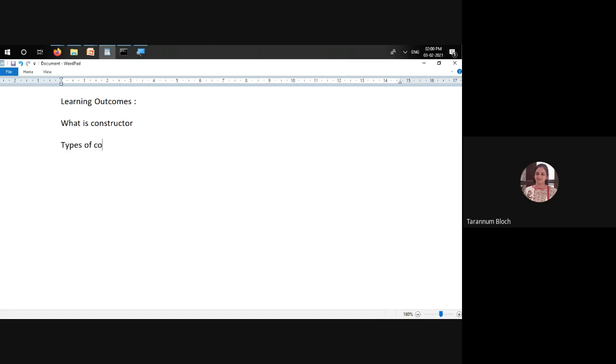Then rules of constructors. And what else? Constructor overloading. Exactly. So remember this: next time when I ask what we learned, you should answer this. But nobody answers when I ask in the next session. I suggest you learn this from some online resources. So this was the learning outcome of today's session.